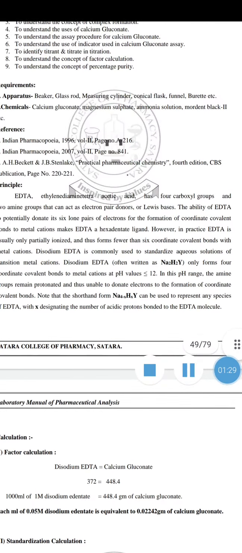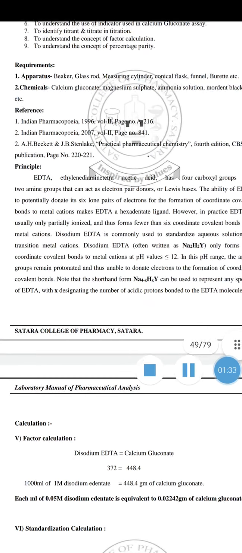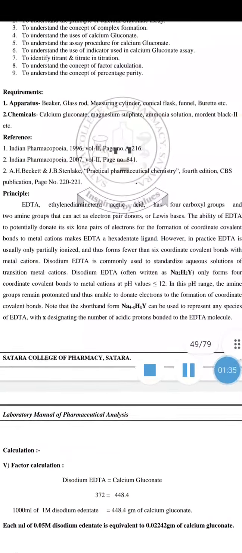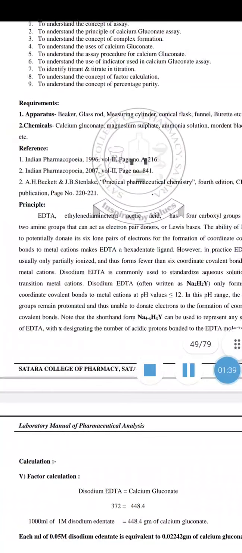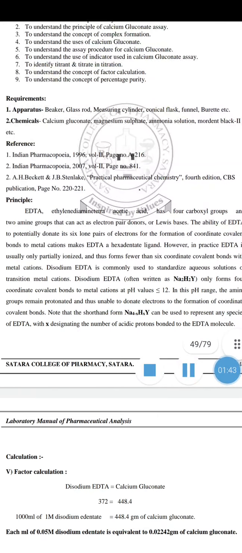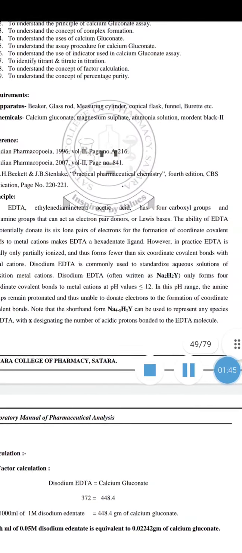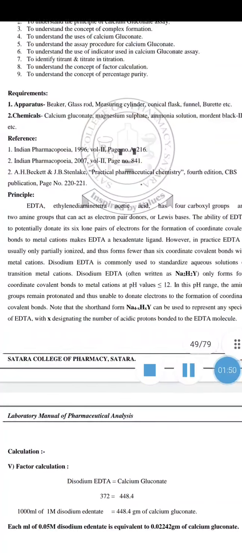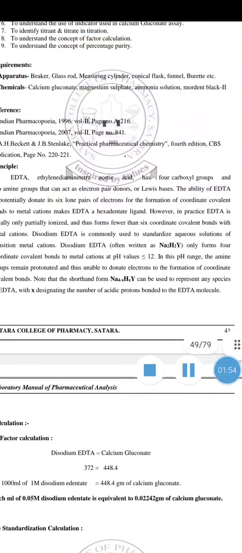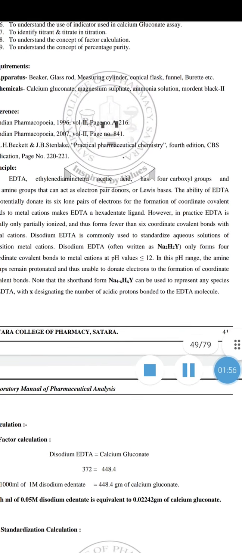The ability of EDTA to potentially donate its 6 lone pairs of electrons for the formation of coordinate covalent bonds to metal cations makes EDTA a hexadentate ligand. However, in practice, EDTA is usually only partially ionized and forms fewer than 6 coordinate covalent bonds with